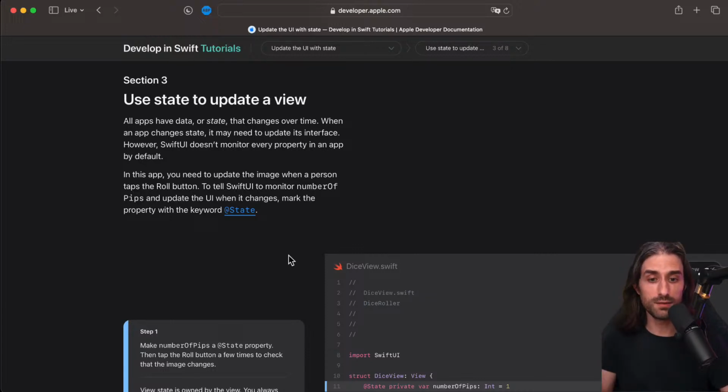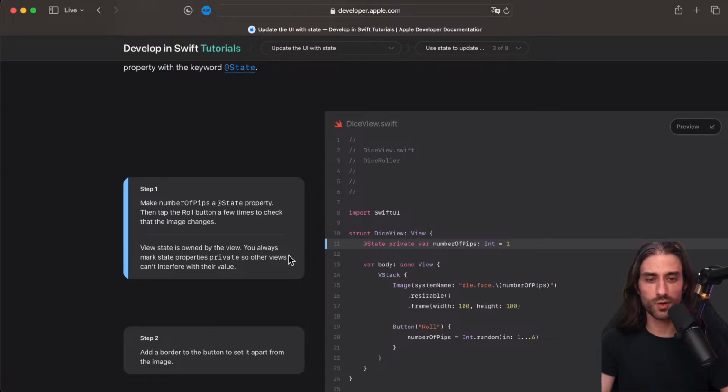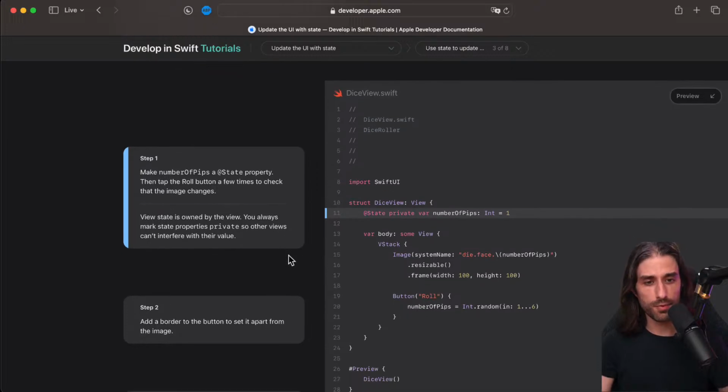So SwiftUI did better than UIKit in this respect, because in UIKit you had to manually update the value of your UI components whenever your data would change. And that's why Apple introduced the framework Combine a few years ago to try and have a way to make the UI depend on changes of data. In the iOS community, you had a very popular framework called ReSwift that also tried to do the same thing.